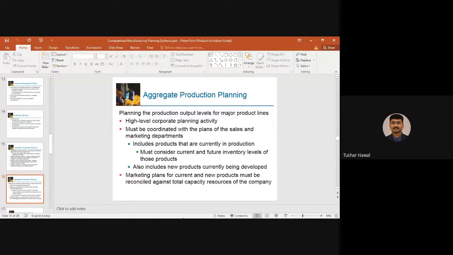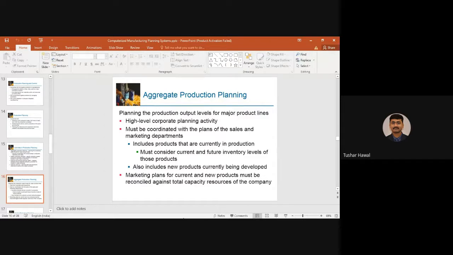How many in the next month might come, by next 2 months how many of these products can be manufactured. So all those things they must be aware of. It also includes the new products currently being developed. So once they are going for the marketing of the present product, they can also make the customers aware of the new product that is going to be soon launched by the company.